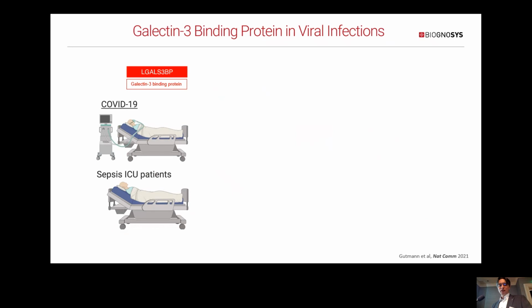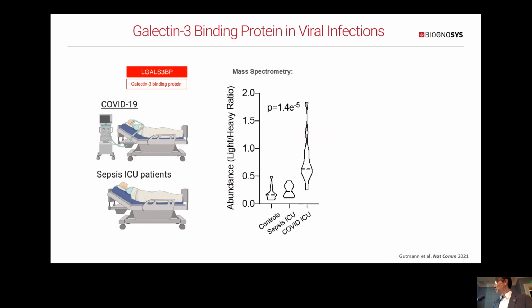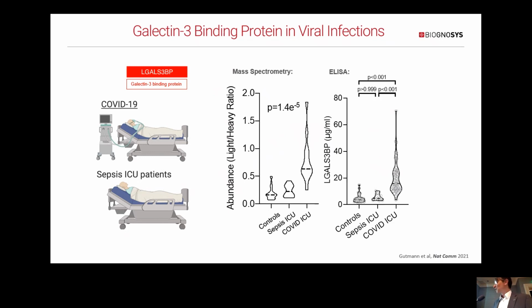So first of all, we try to validate as many of our proteomic changes by independent measurements, in this case by ELISAs. So this is just the result for galectin-3 binding protein, where we again compared COVID-19 ICU patients against sepsis ICU patients. This is the mass spectrometry-based quantification, and this is the ELISA-based quantification. And the point I would like to make here is that for me, the difference that is important is not